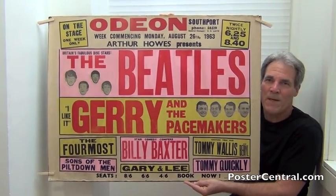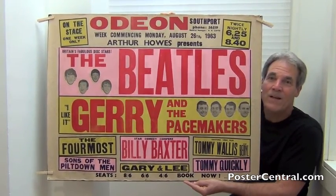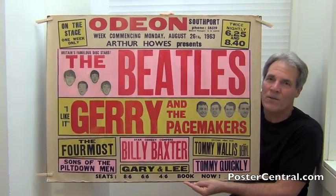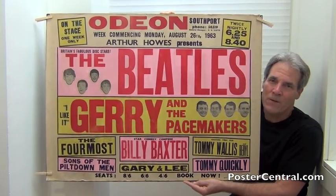The media, of course, picking up on yeah, yeah, yeah, and using that to refer to them for years to come. And of course, their album Please Please Me was #1 all summer long, so it certainly was topping the charts at this time. Now, one of the reasons for such a big, gorgeous Beatles concert poster is it wasn't